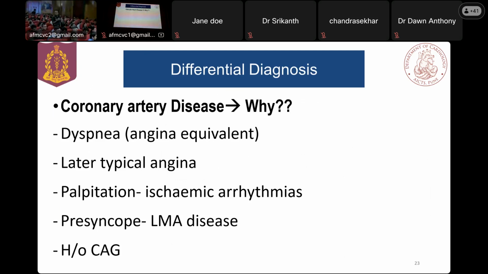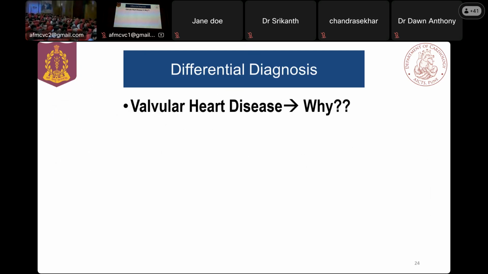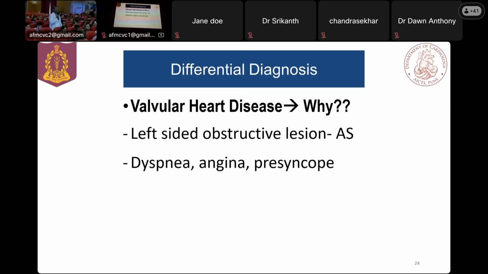Dr. Rajesh. So why are we thinking valvular heart disease? As he said, aortic stenosis. Sir, he has history of pre-syncope, sir. Pre-syncope, okay. So how in valvular heart disease does pre-syncope occur? Sir, because the peripheral circulation is compromised because of stenosis. So basically, in case of obstructive lesion at the LVOT, they can have a reduced cardiac output. Yes. Okay, and sometimes because of valvular heart disease, they might have arrhythmias. And they also have deranged baroreceptor reflexes that can cause it. So,